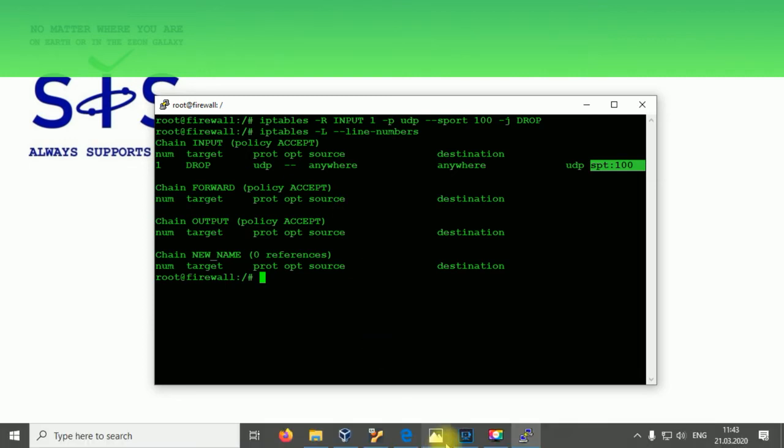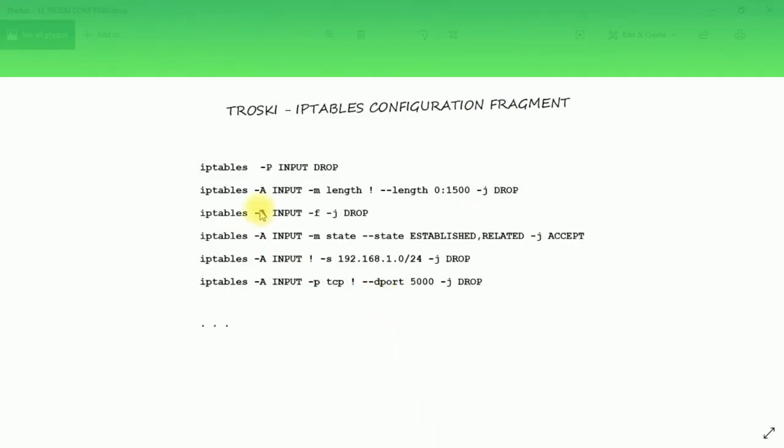If you've got, for example, many more rules, like in this Trotsky iptables configuration fragment, we've got here 1, 2, 3, 4, 5 rules in the input chain.